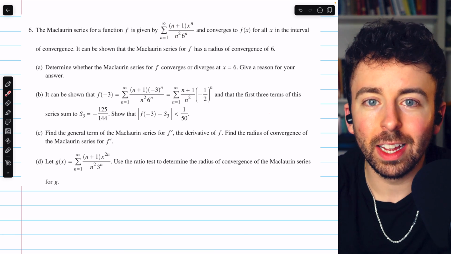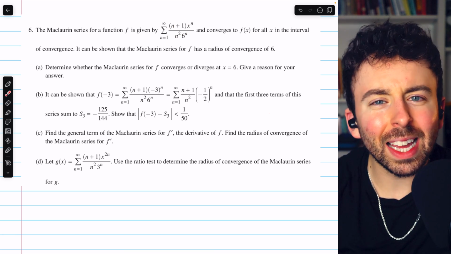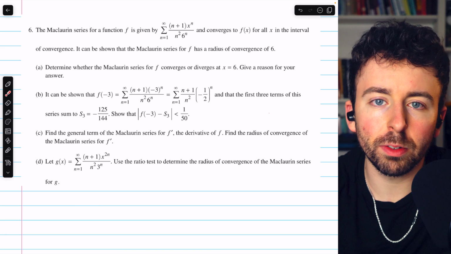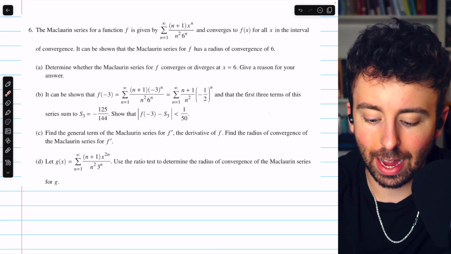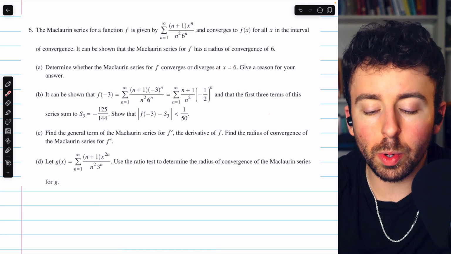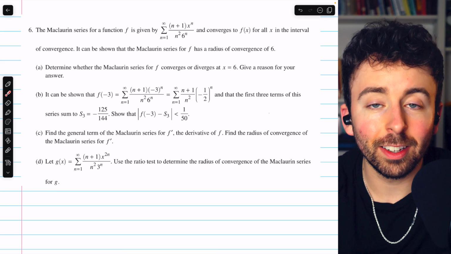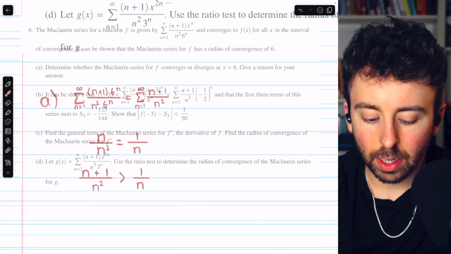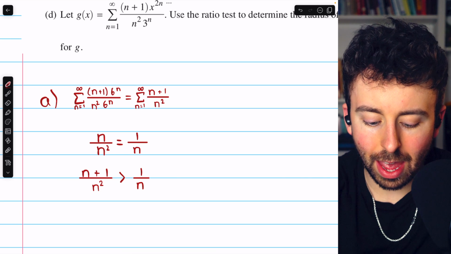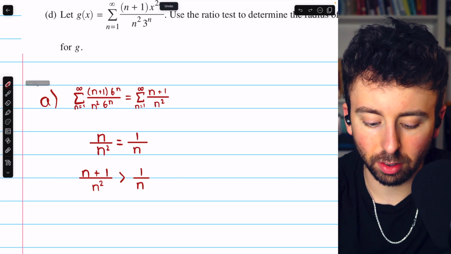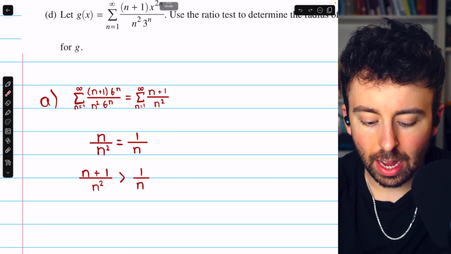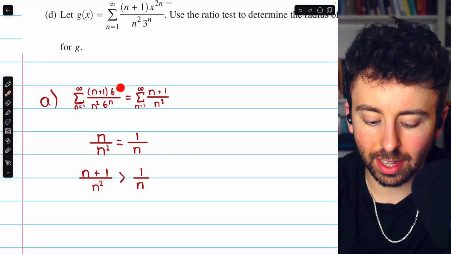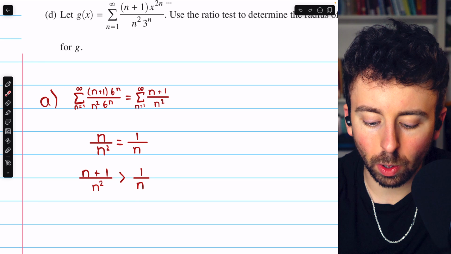centered at 0 since it's a Maclaurin series, but that doesn't tell us if it converges or not at the endpoints. So at x equals 6, for example, we would have to plug that in and see, does it converge or not? Well, let's plug it in and investigate. Here is the Maclaurin series with x replaced with 6. So we've plugged in x equals 6, and then we can simplify. 6 to the n and 6 to the n will cancel out, and we just have n plus 1 over